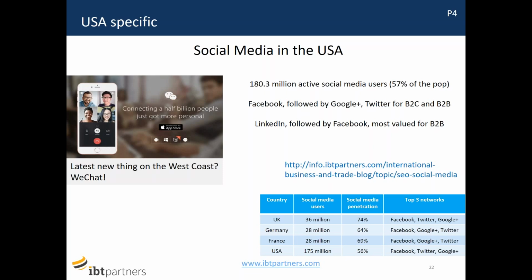I just wanted to give you a little screenshot of something that, if you are not yet using WeChat, WeChat is actually a Chinese sort of search engine plus an Amazon plus a PayPal rolled into one. But that's very much now hitting the West Coast and moving across the United States. It's the latest new thing that people are talking about. If you haven't yet checked it out, you can check that out. We'll also be talking about it more in a webinar coming up when we're looking at China and selling online in China.